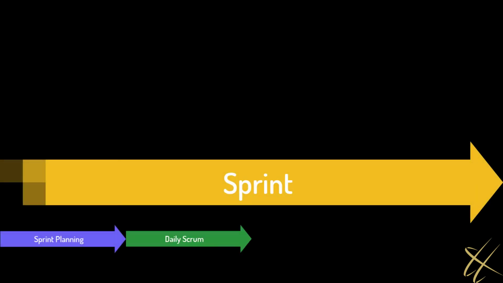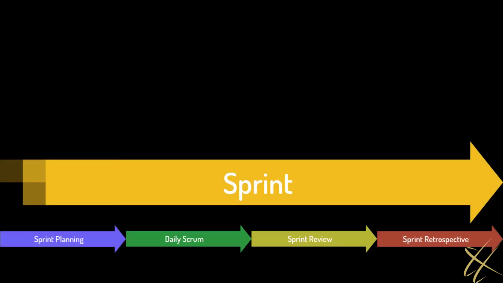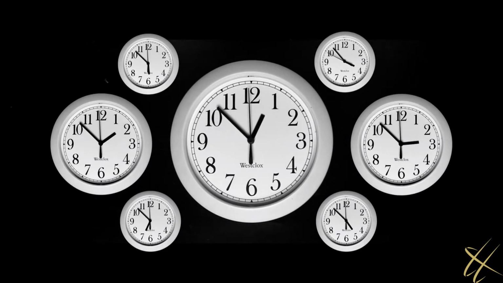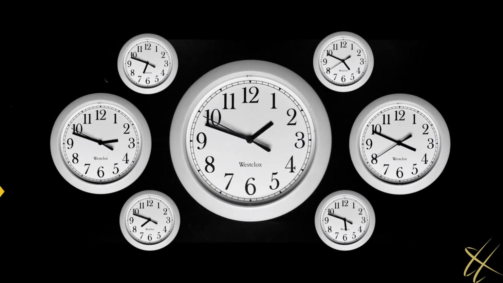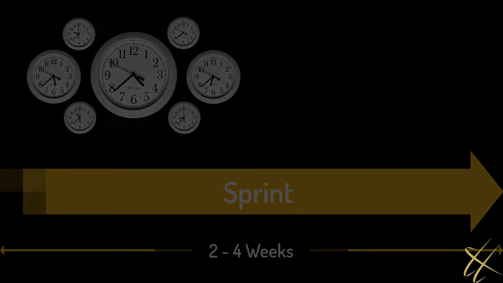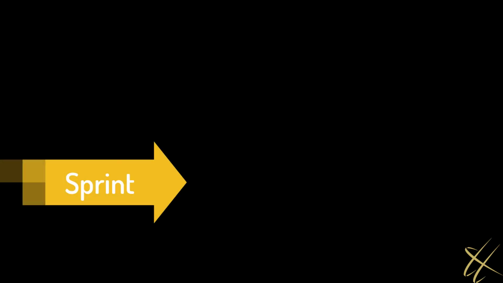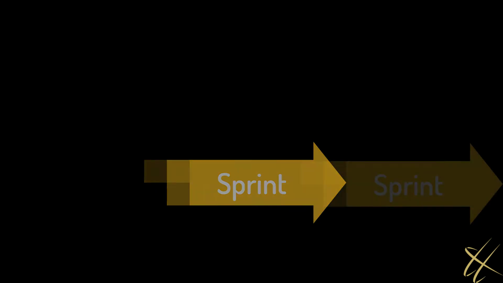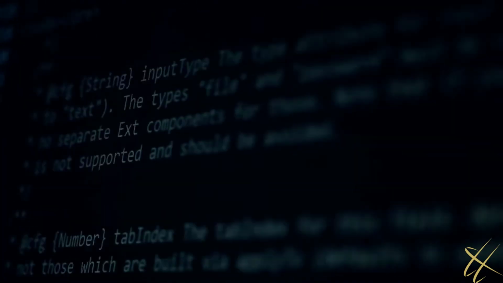There are 4 Scrum events, all of which happen within a larger Scrum event called a sprint. All Scrum events are time-boxed, that is, they have a set time limit to them. A sprint is generally 2 to 4 weeks long, preferably the shorter period of time. A new sprint starts as soon as a previous sprint ends. There is no time between sprints. The purpose of the time-boxed sprint is for the team to produce a valuable part of the overall product and for it to be potentially releasable.